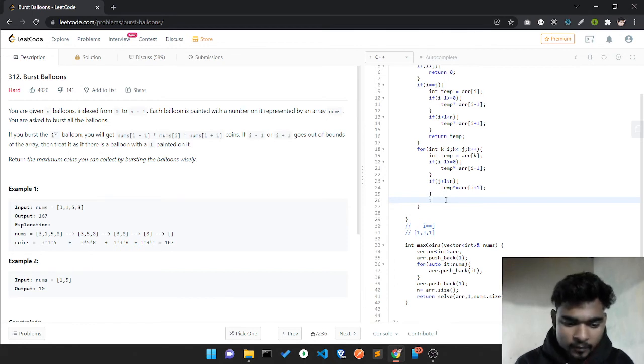After that, you see when we compute this, I'll call my recursion, try to pick any of them, do the computation and add it. After adding this, I'll call the two parts. I'll divide it into two parts.